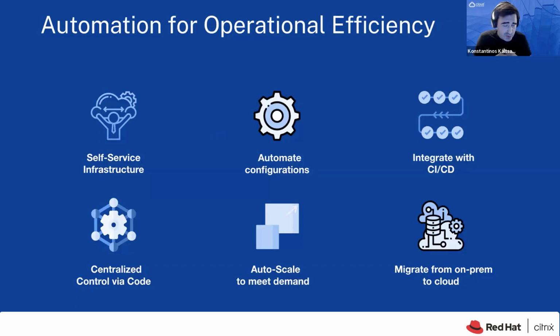This is where automation comes into the picture. These are some really common use cases that we are seeing. More and more customers are adopting automation for NetScaler to achieve operational efficiency. The most common use cases have to do with creating a self-servicing infrastructure portal, a portal where I can configure load balancing, configure content switching, or, to put it simply, expose my applications to the internet or to an internal audience.